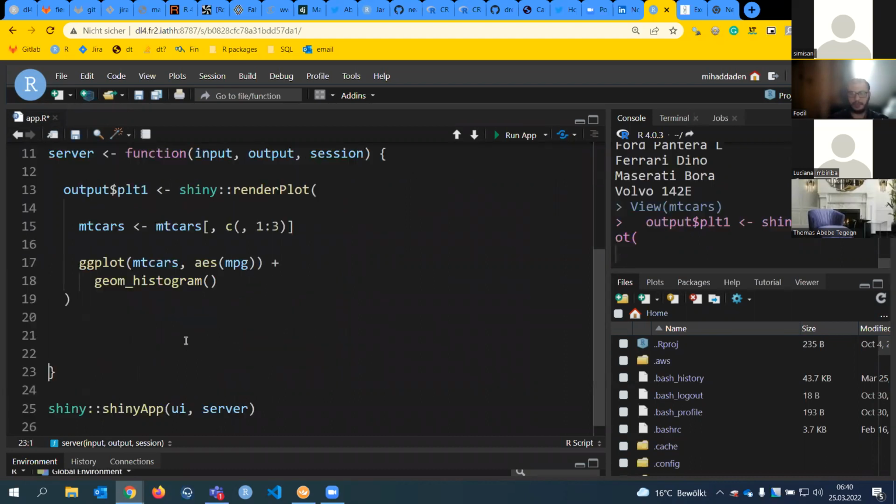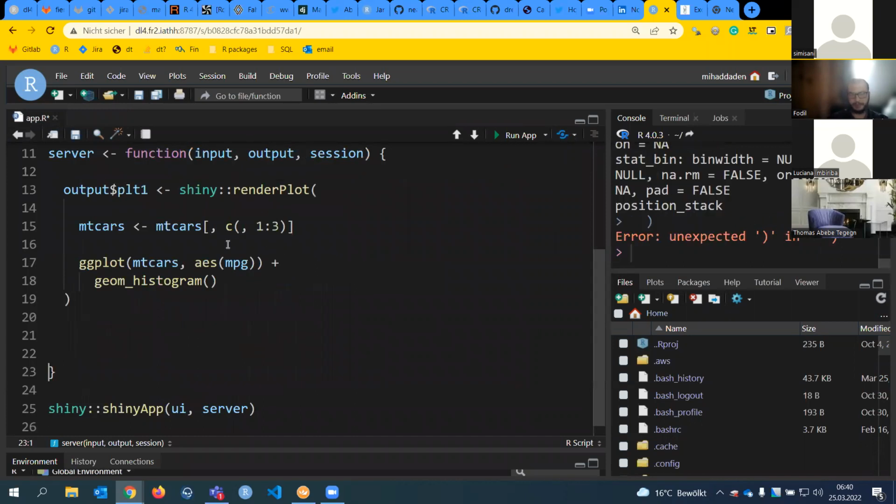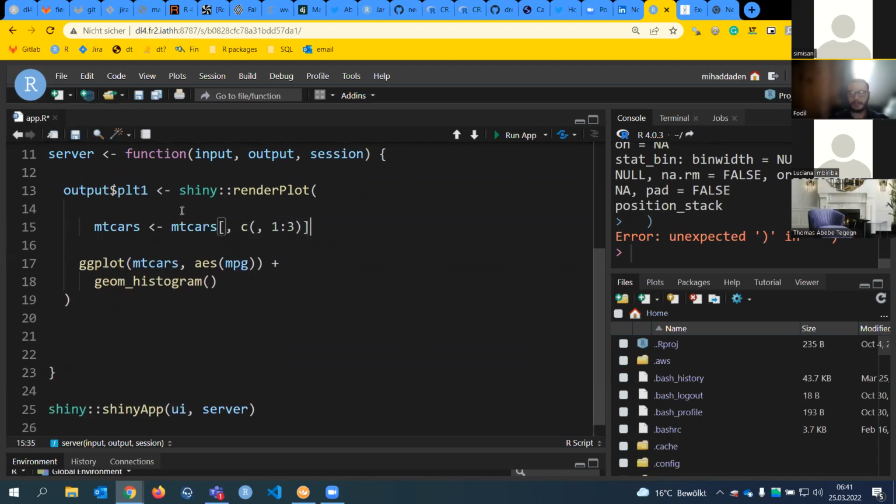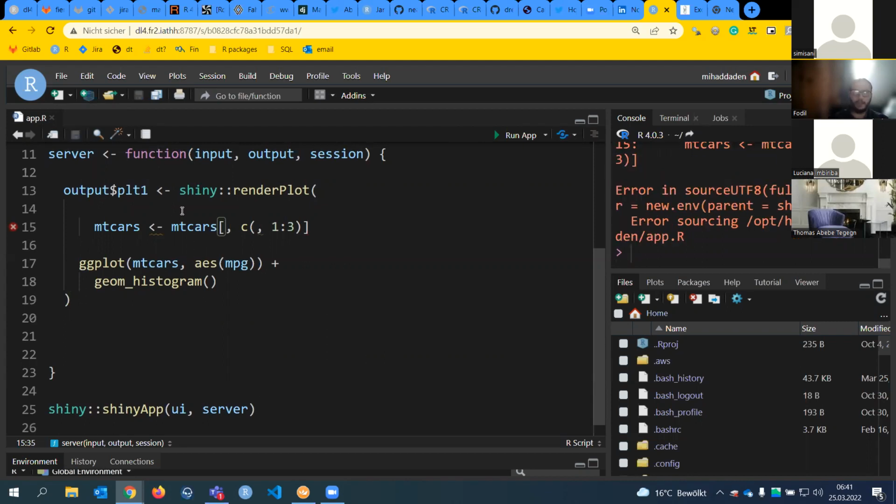So if I do this, I get an error. So why do I get an error here? Because when I used my function without this line, so just this one here, I didn't get any error. But if I do this, I will get an error. Why?